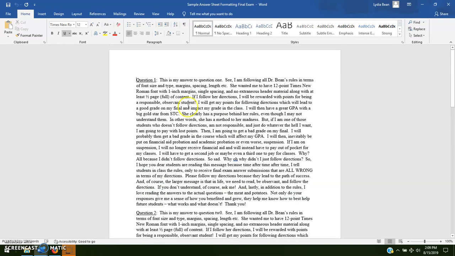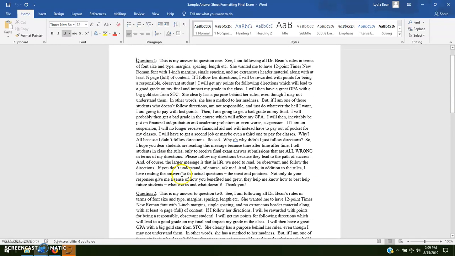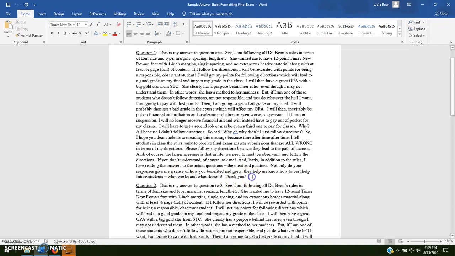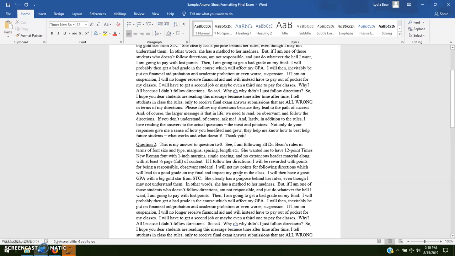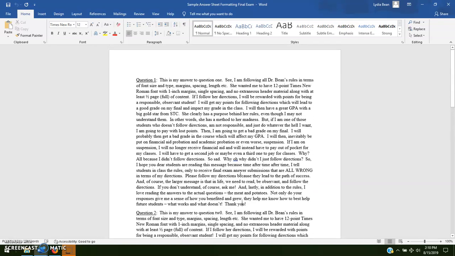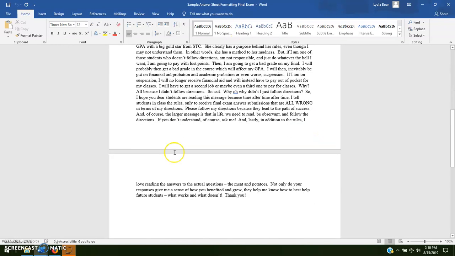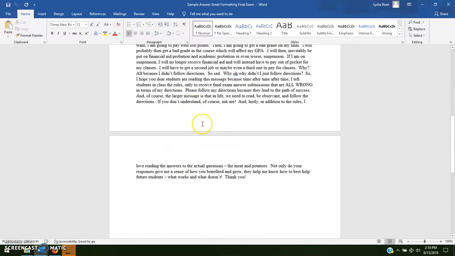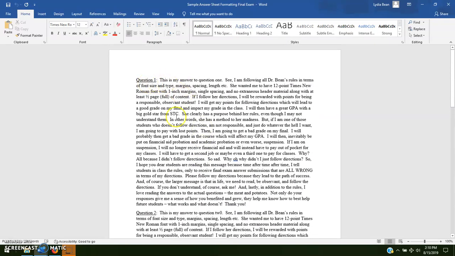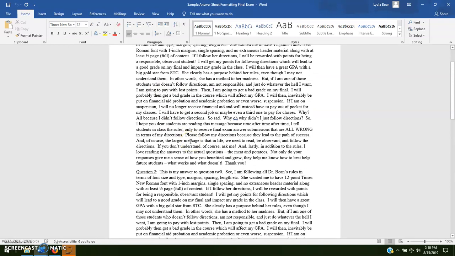Another thing that you'll notice is we've got 12-point Times New Roman font. We've got single spacing going on, and even between question 1 and question 2, there's just one single blank space. You don't need to make a whole paragraph space in between. That ensures that you're doing half a page for each question. There are 1-inch margins at the top, the sides, and the bottom, right here at the bottom. And I just start typing my answer. So we're not trying to do headers and names and extraneous information in between.